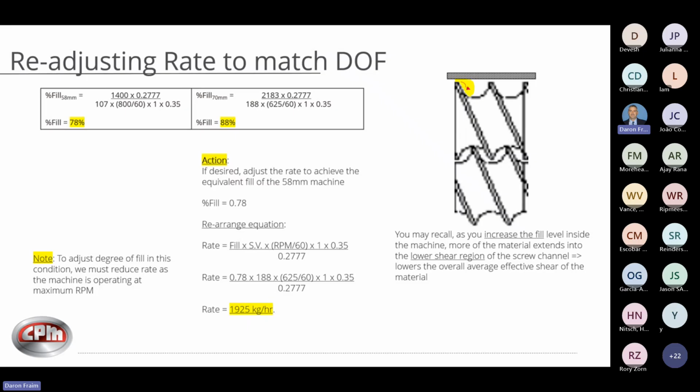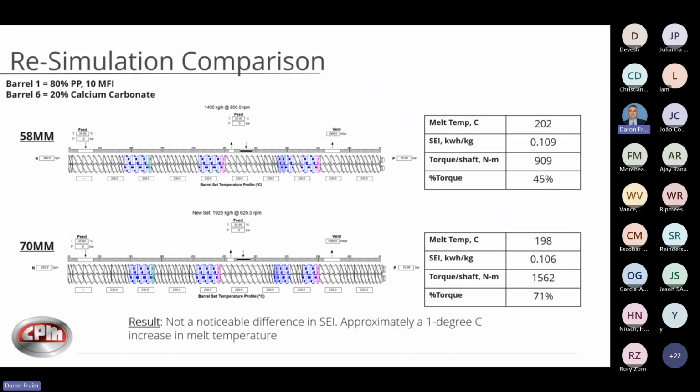And vice versa, if you want to decrease the fill level, it's going to migrate back up in that higher shear region. So now I'm trying to match this and say, okay, these should operate very close on energy input. Now I did a simulation again. However, there wasn't a change on the specific energy. The temperature did increase from 197 to 198. So it didn't work out perfect, but